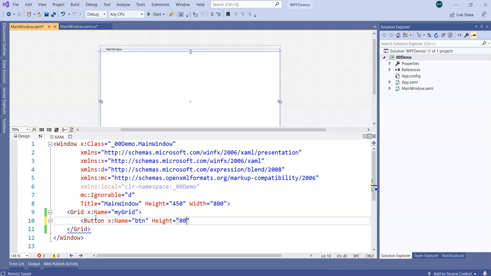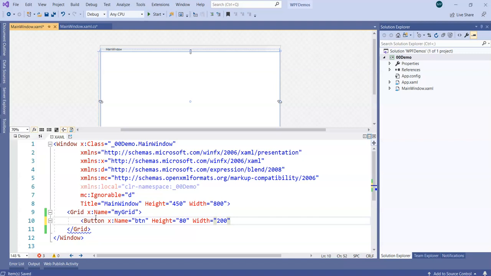Now this particular unit that we have is well known as a device independent unit or simply device independent pixel. DIP or DIU is the short form for this. Again, this is not something like regular pixels or regular percentage that you set up in WinForms. We will understand this value in a while. As of now, I have added height as 80 and I'll add width as 200. Keep it in mind, I am adding height and width in double quotes.